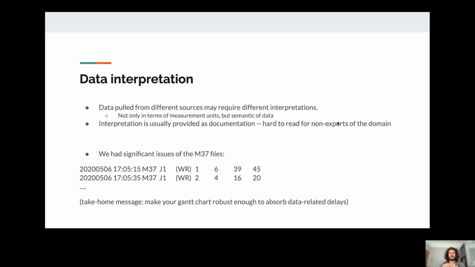So the first one is about data interpretation. Data which is pulled from different sources may require different interpretations. This is not only in terms of measurement units, but can vary, and actually varies quite a lot, with regards to the data that we are considering, but also with regards to the semantics of the data. The interpretation is usually provided as documentation, but again, the documentation tends to be hard to read for non-experts of the domain. And specifically for this project, we have issues with what are called the M37 files,